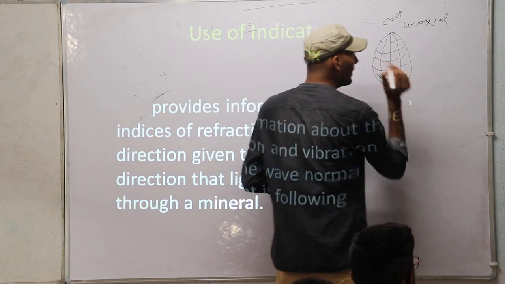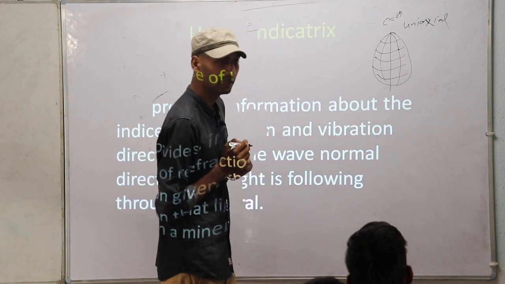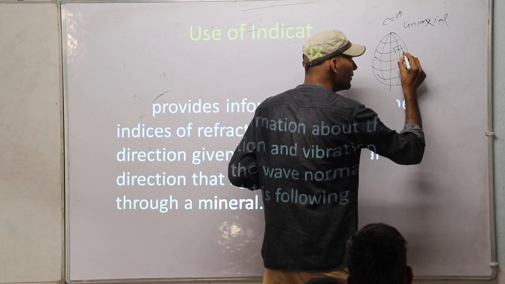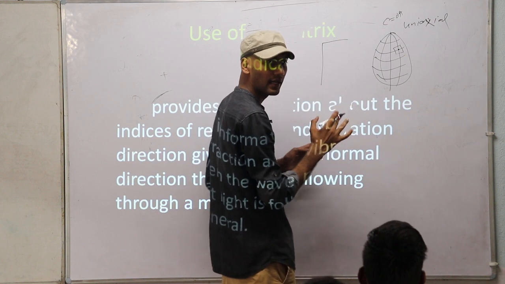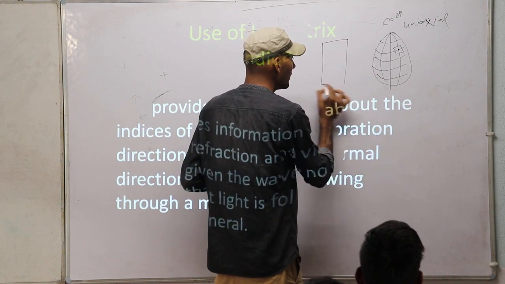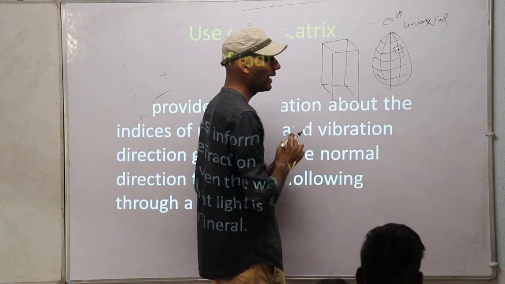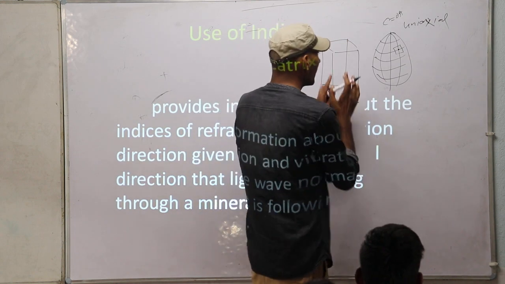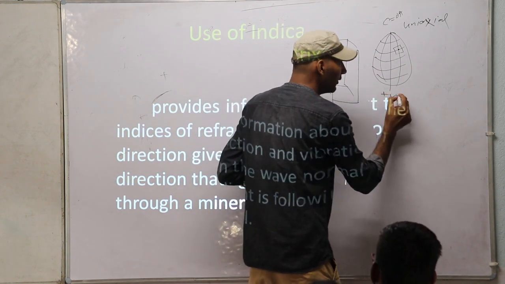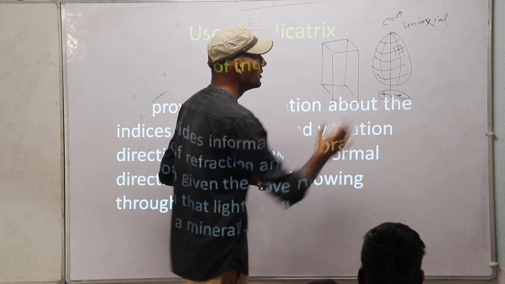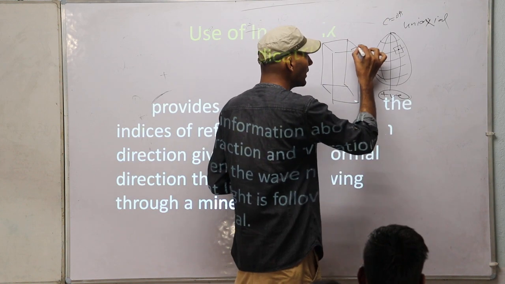Two of them are principal, others are random sections. Okay. So this is the indicatrix diagram. At any point, if you take a section like this, we have discussed that tetragonal and hexagonal minerals are uniaxial, right? This is a tetragonal mineral. A is equal to B, not equal to C, right? So for this tetragonal mineral, its indicatrix is like this if it is a positive mineral. Prolate is for positive, right? So it is a positive tetragonal mineral, its indicatrix is like this. I am taking a section here.